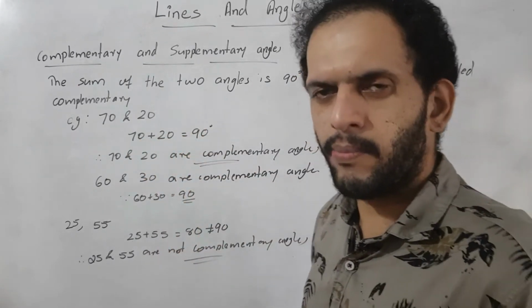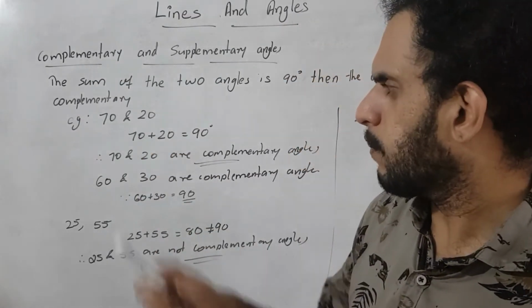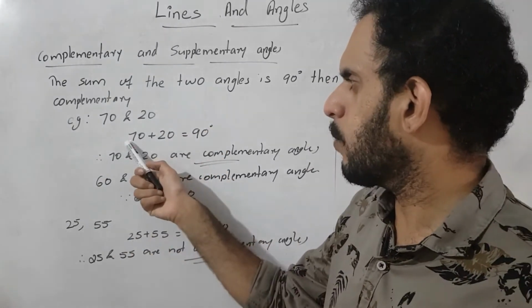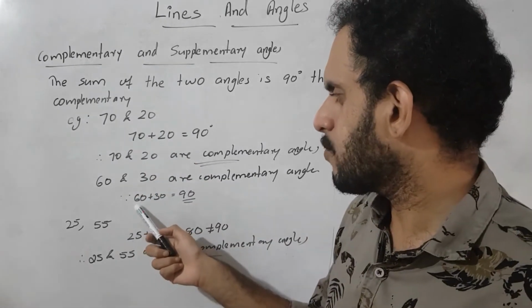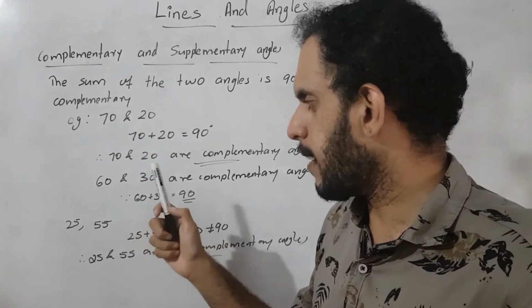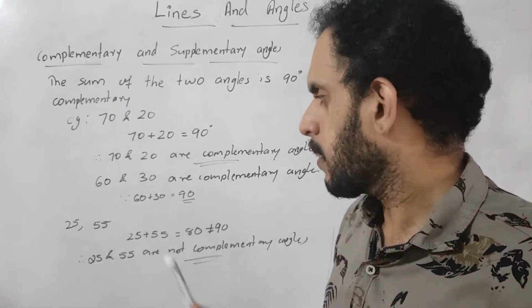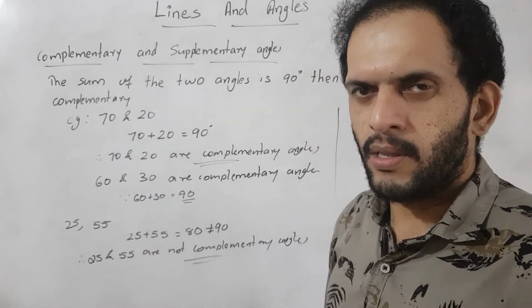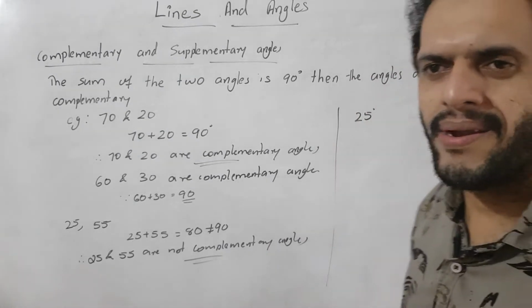Similarly 60 is the complement of 30 and 30 is the complement of 60, because when 60 and 30 are added we get 90. Then how do we find the complement of 25? The complement of 25 is